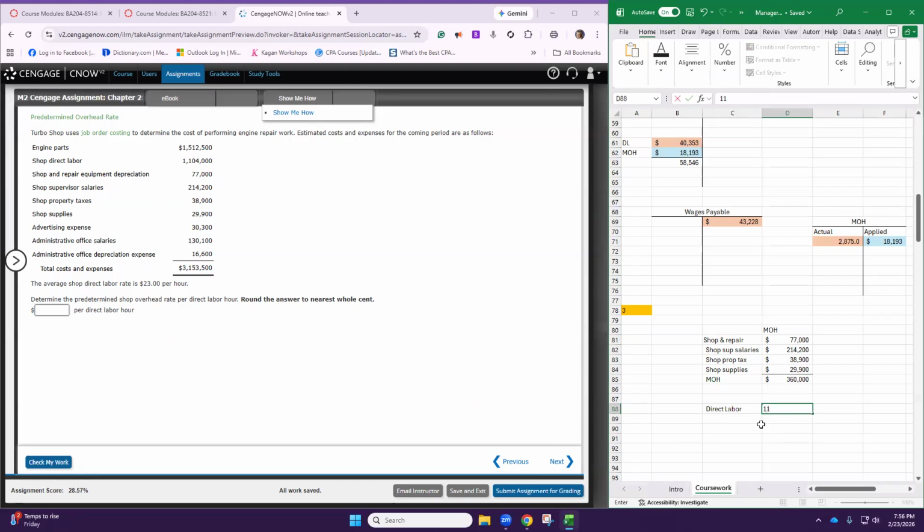It is 1,104,000. We're going to divide, and that is dollar value. We're going to divide by the wage per hour. So our direct labor rate, there is a direct labor rate and there is an overhead rate. So we want that as $23 an hour. Now we should be able to come up with the number of